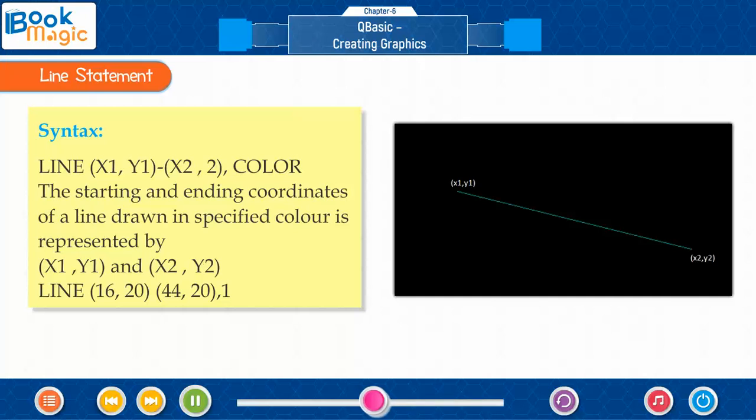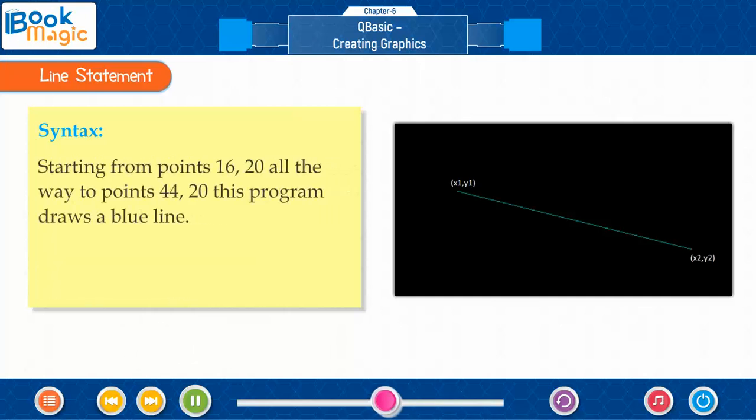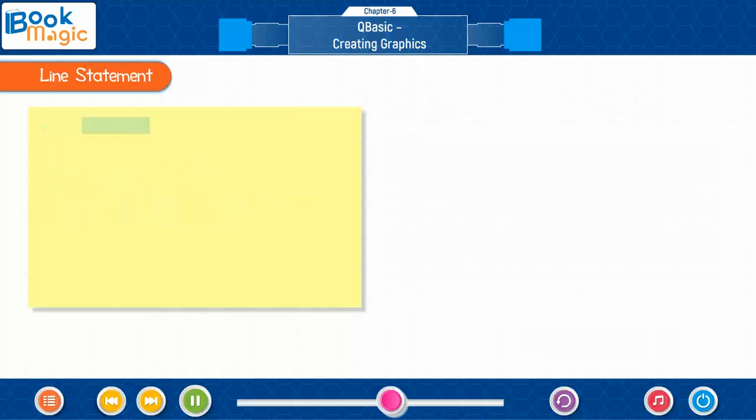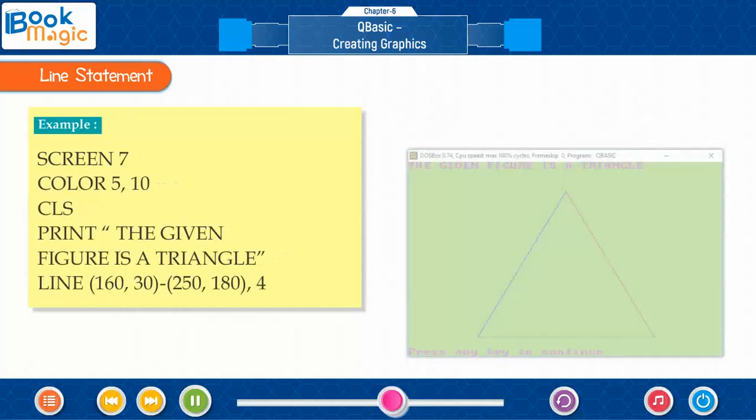The starting and ending coordinates of a line drawn in the specified color are represented by (x1, y1) and (x2, y2). Example: LINE (16, 20)-(44, 20), 1. Starting from point 16, 20 all the way to point 44, 20, this program draws a blue line.